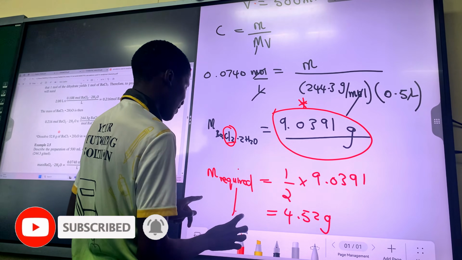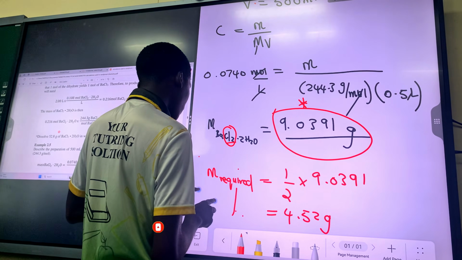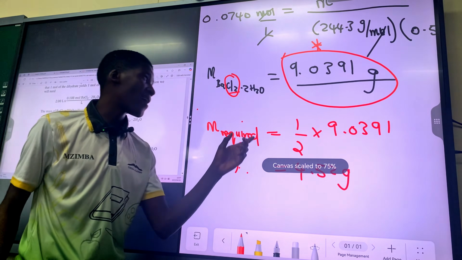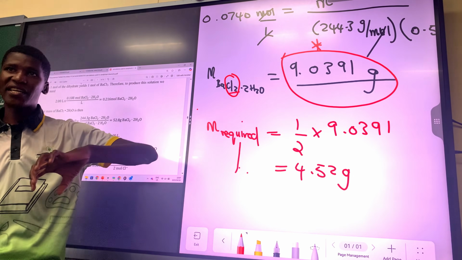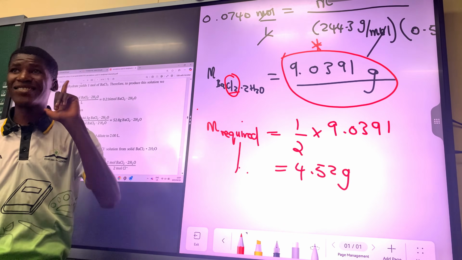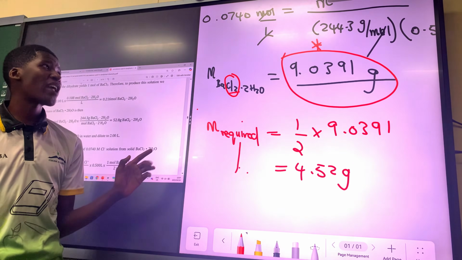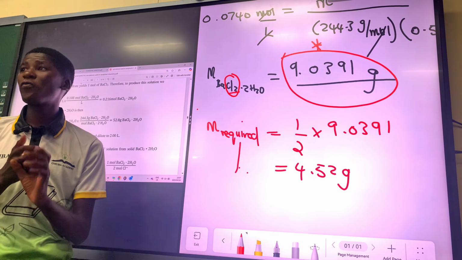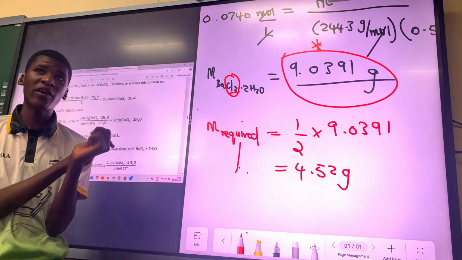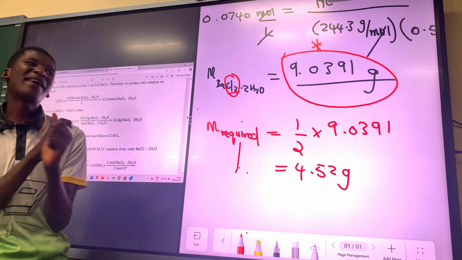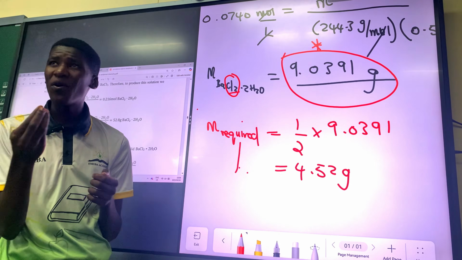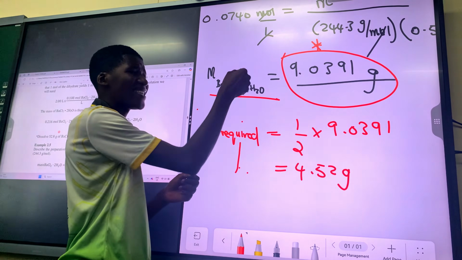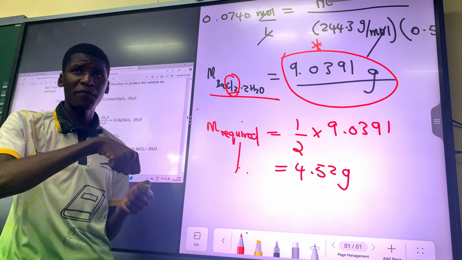So this is the mass required. This is the mass of barium chloride dihydrate required to be diluted in water so that we prepare Cl minus, only one of it. So you use your concentration and volume to find the mass. That's the step we do. But when you are concluding, you have to see how much of it we have in the solute, the one that we are using to prepare.